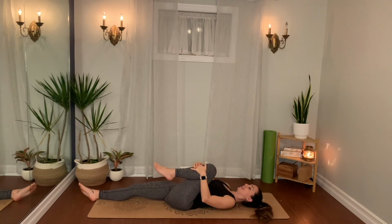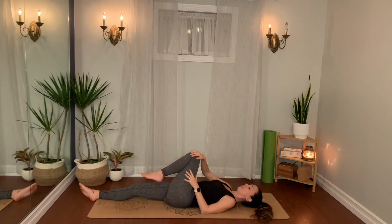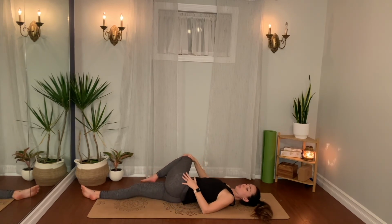Inhale, find length, and exhale, gentle pull toward your shoulder. Inhale, gentle release. Exhale, gentle pull. One more time. Inhale and exhale. Good. As you release, slowly begin to guide your left knee over toward the right side, making any